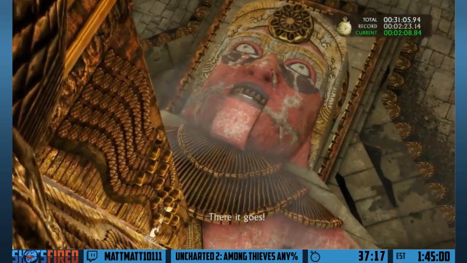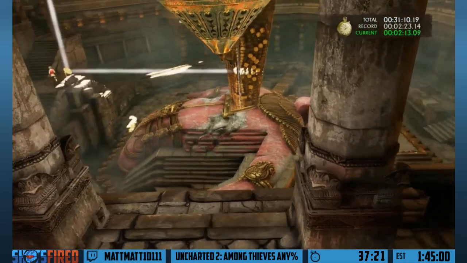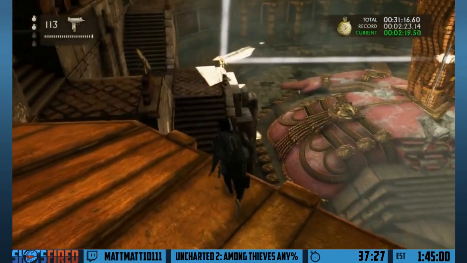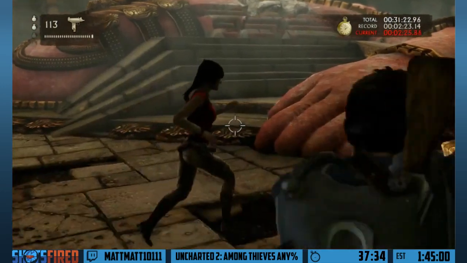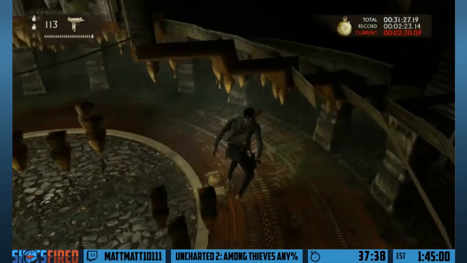So I'm going to be doing a skip here. So Warren said that you can clip into the area below. I'm going the wrong way. I'm actually going to do that. It's slightly faster than climbing down the mouth. It's a shame that you can't do it to skip this entire area, but you know. So I'm basically going to do the first instance of backwards cover clipping. So I'm going to clip backwards through this cover, drop onto the roof of this area, and trigger the cutscene